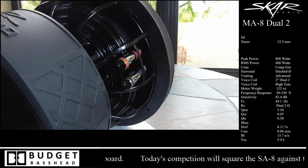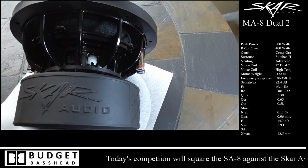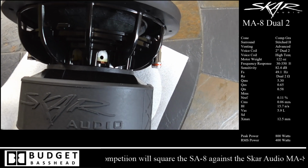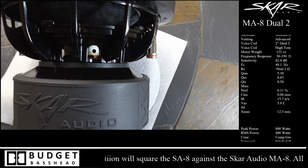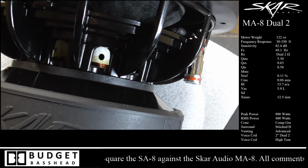There's a look at the boot and the magnet on it. There's an underlook of the cone. This is a non-pressed paper cone. More insignia there by Skar Audio on the boot. Very good job with that. Looks very, very nice. And I'm gonna zoom in a little bit for you guys to get a better look